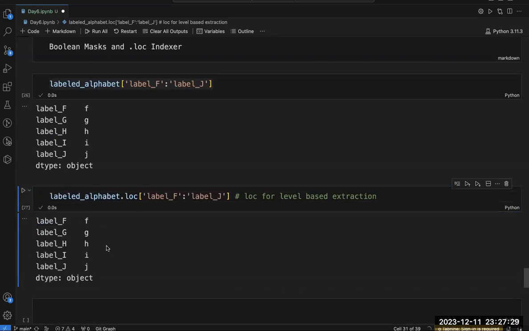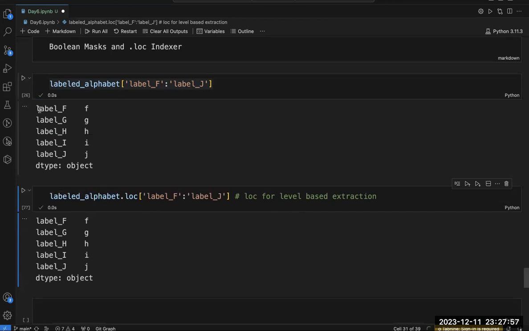You will understand the difference and everything as we progress. Here, this is simply for making you understand in a very simple way. I am using very, very small things. Here inside this leveled alphabet I have accessed this and I get the same output. And here I have used the dot loc operator, which is used for level based extraction.